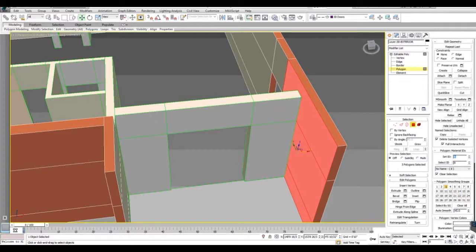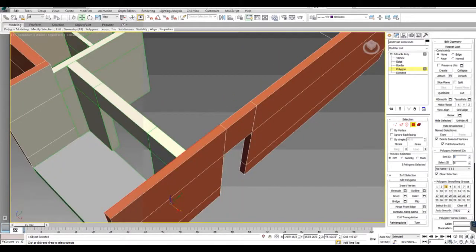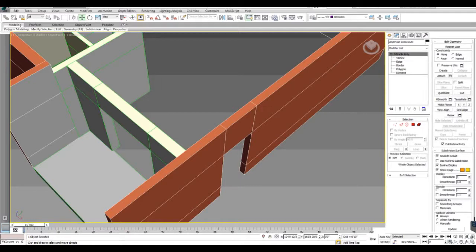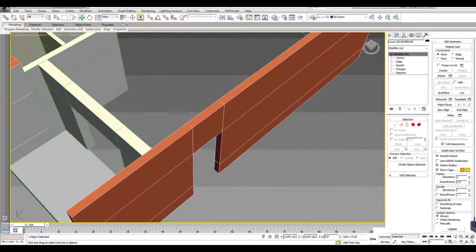We'll rotate this around. Same thing here. Okay. All right. So now, since we've just made both of those 8,